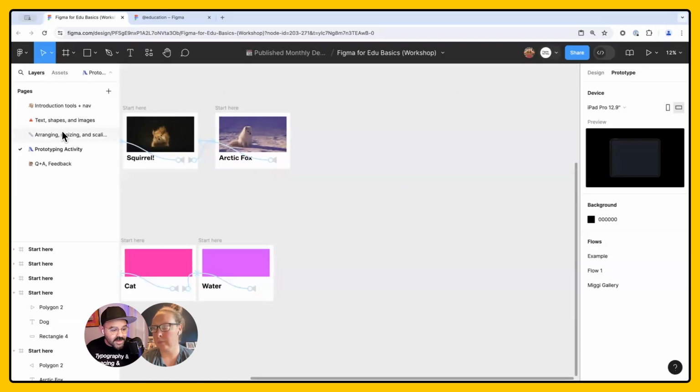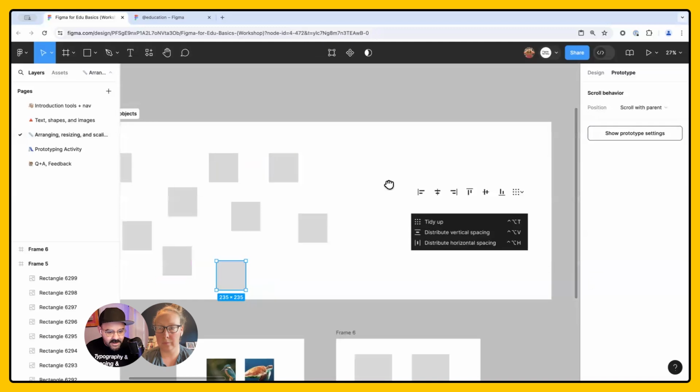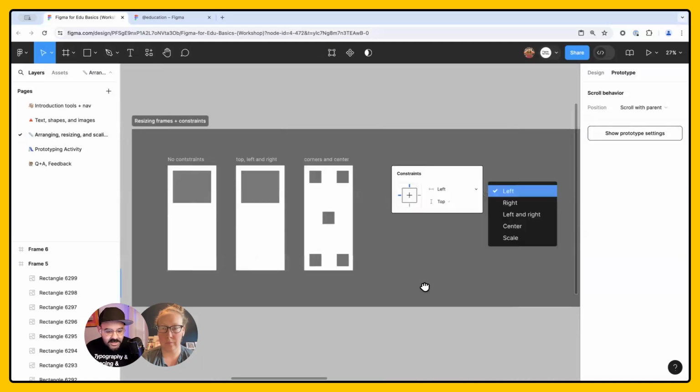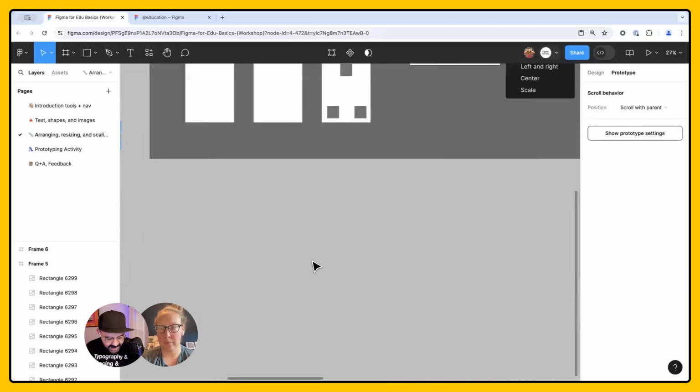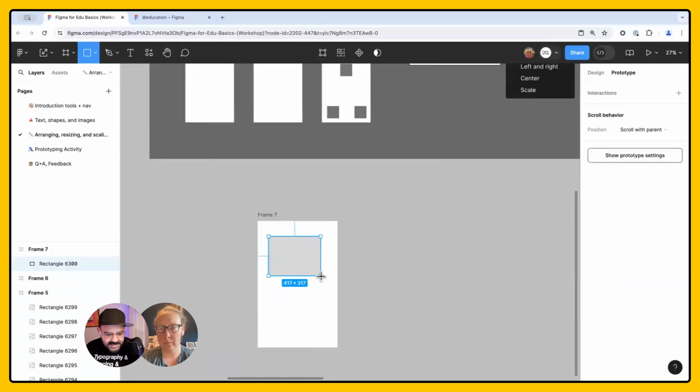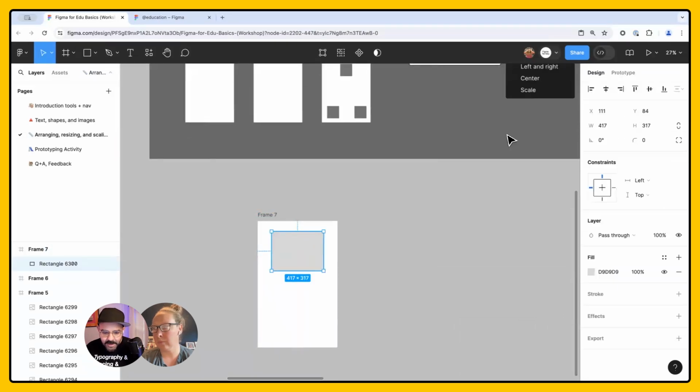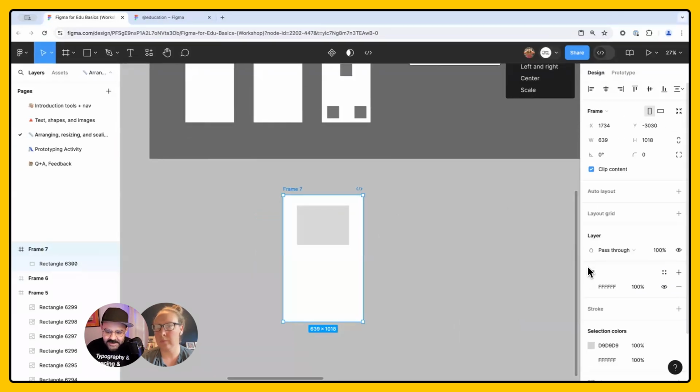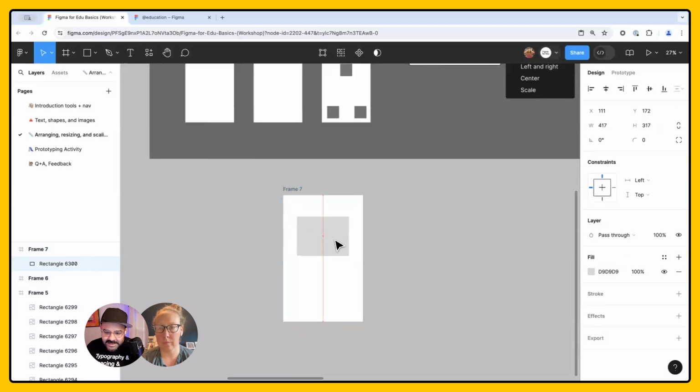So over here, there was this concept of constraints. When you have any object that you place inside of a frame, there is this concept in Figma known as a constraint. So notice right here, you'll see constraint left and top, and you actually see this little blue line.